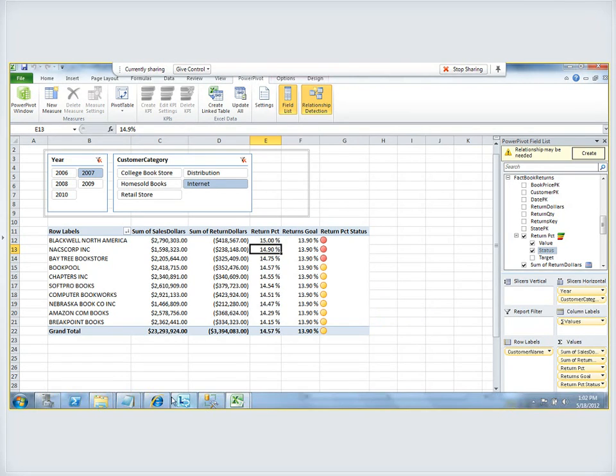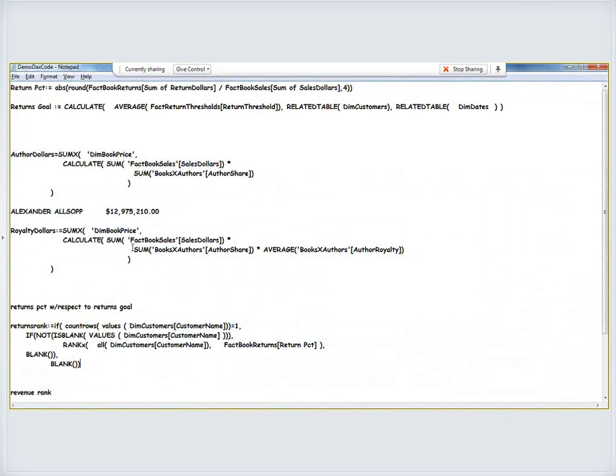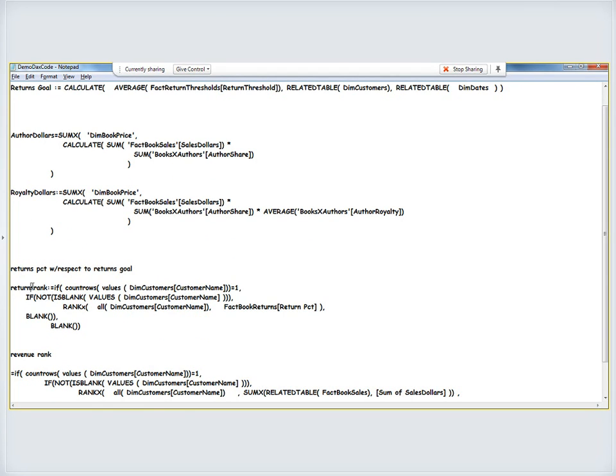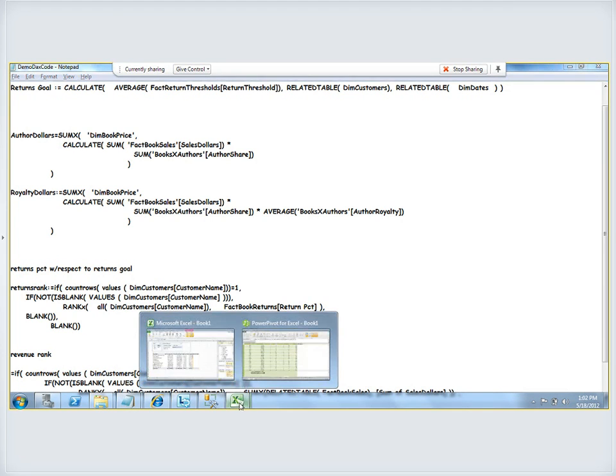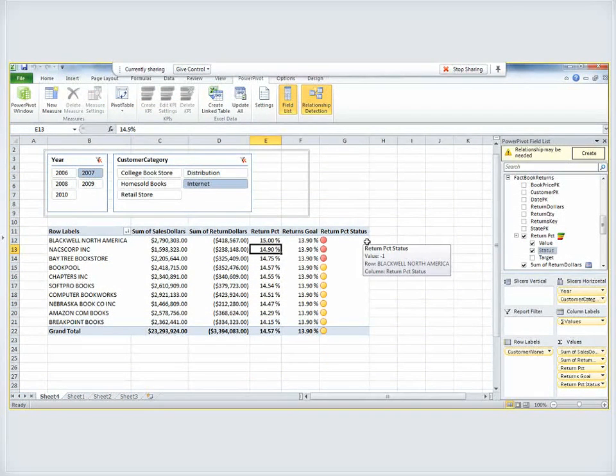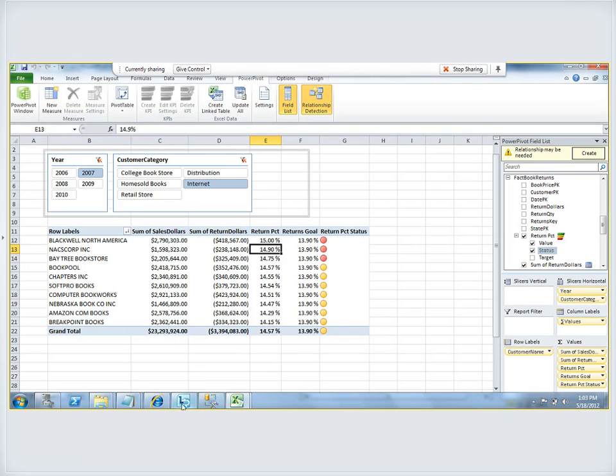Well, we might want to put a rank number out here. Coming back to the DAX code that I had, a bit down further here, I actually have some DAX code that's going to do a returns rank. Now, ranking in DAX can be a little bit tricky. First of all, if we take a look back at the spreadsheet itself, we want to be certain that we only rank the rows where we have customers. We don't want to rank that grand total row. So we have to put some logic into a rank to make sure that we actually have a customer in the scope. So back in the actual formula here,